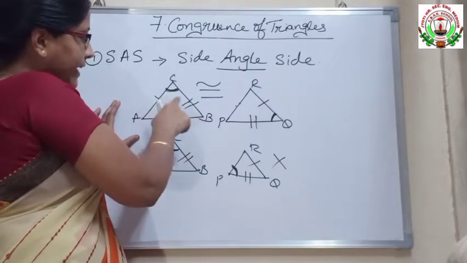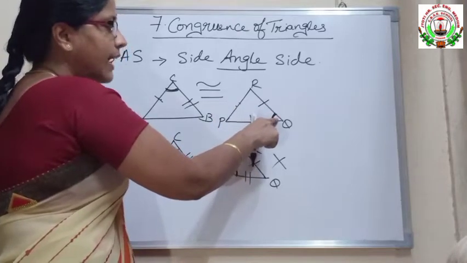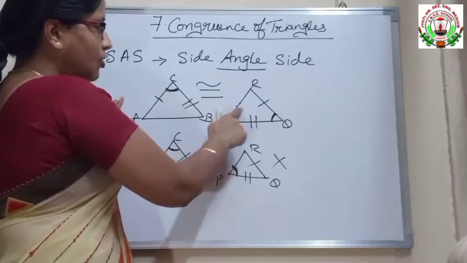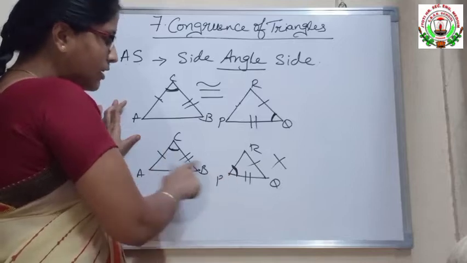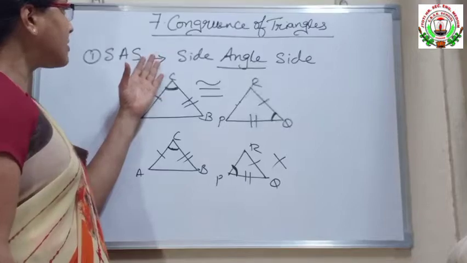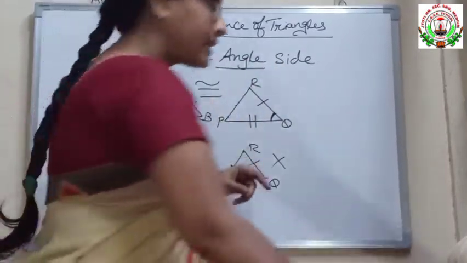So side, angle, side. So here also side, angle, side. So this is the angle that is included. So these two triangles are congruent to each other, and these, because the angles have been different here, these two triangles are not congruent to each other. This is your side, angle, side congruency criteria. Next one, it is